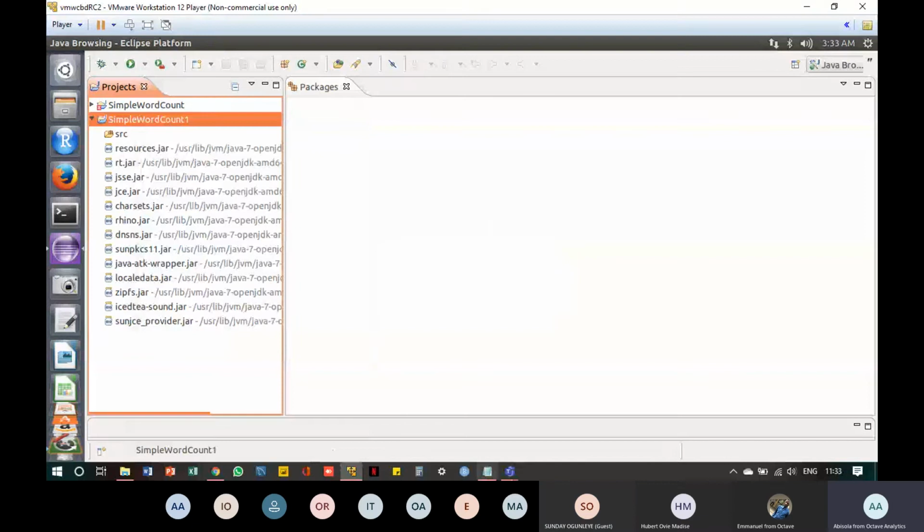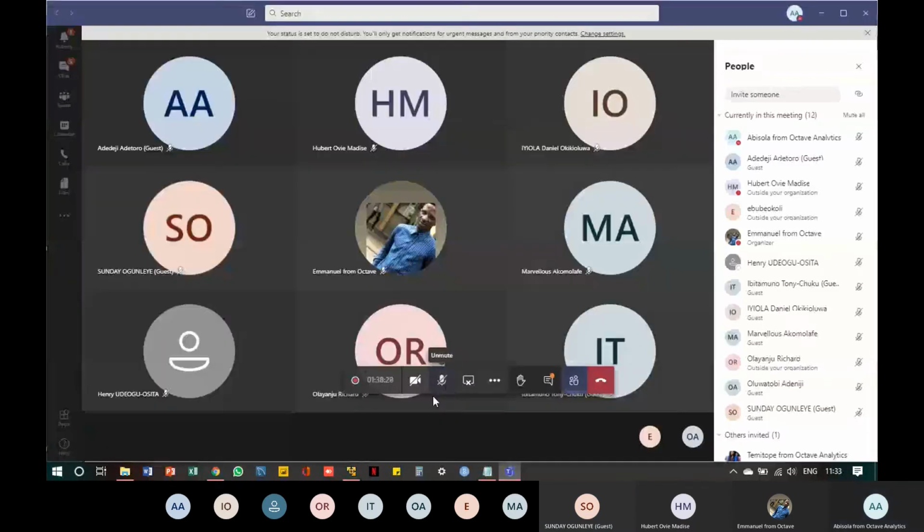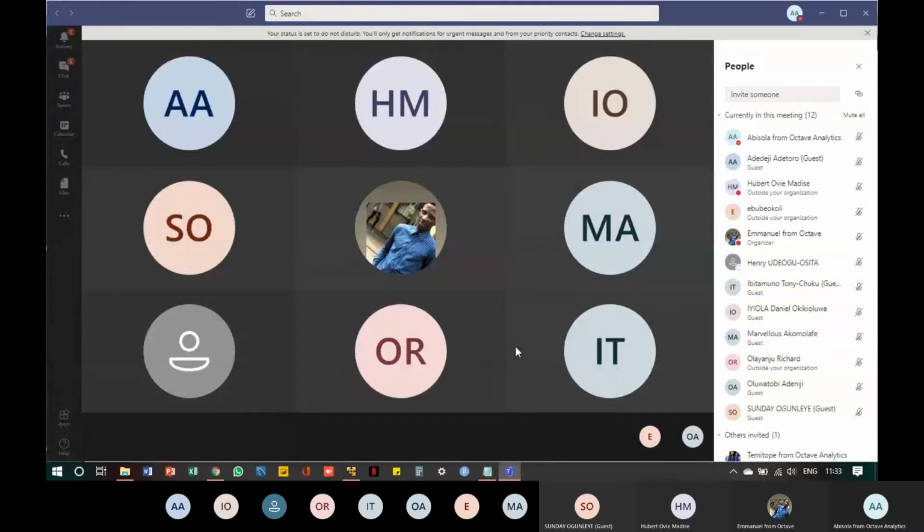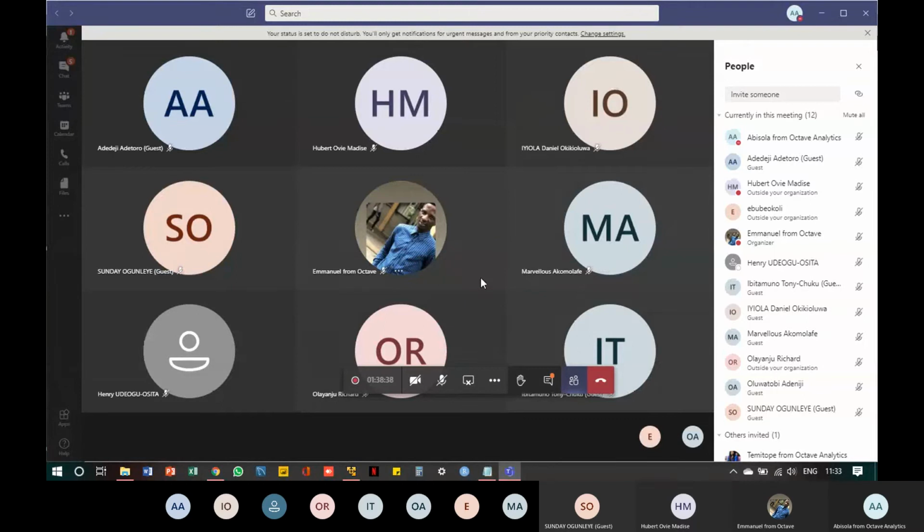Oh, you can't see my screen. Okay. So can you see my screen now? Not yet. I can see your screen. I can't see your screen. Can any other person see it?